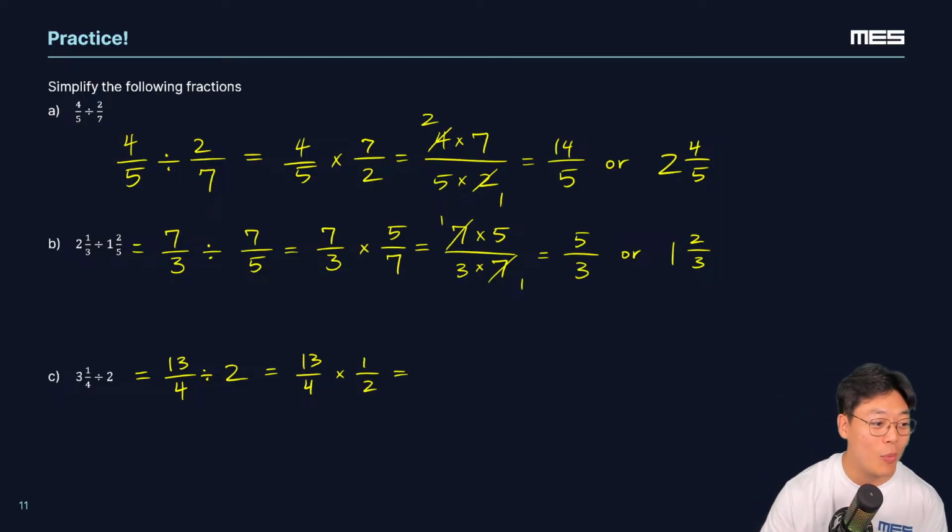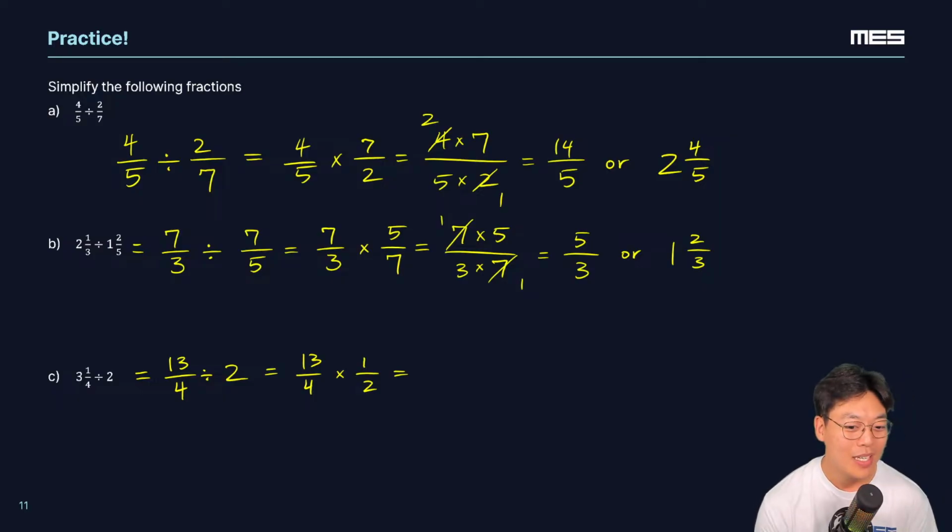So let me know in the chat what you get as an answer for this problem in both improper fraction form and mixed number form. Let me know in the chat. I'll give you a couple seconds here. We know that we can multiply straight across the numerator, straight across the denominator. Chloe gave us that improper fraction first. Yes, 13 times 1 is 13. 4 times 2 is 8. And in mixed number form, 8 goes into 13 fully 1 full time, leaving us with 5 extra pieces, 5/8.